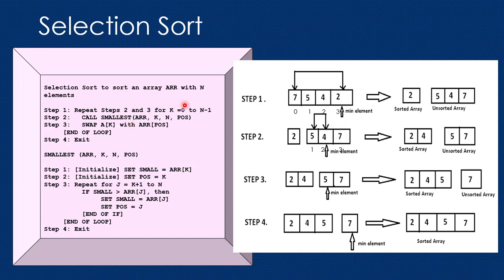Okay, in the next iteration k becomes 1. So this is where the k starts again. Okay, again in this part of the array, you are going to pick the one which has the smallest value. That is done by this function, and it returns the index value, and it swaps 4 and 5. So this repeats until k goes from 0 to n minus 1. Okay, so this is how your selection sort works.